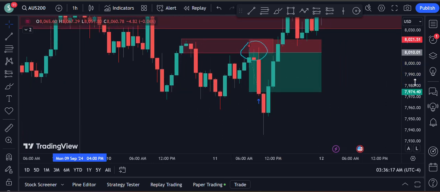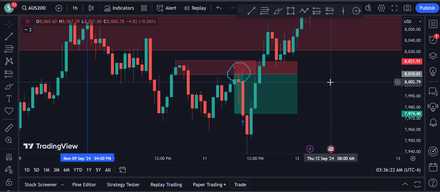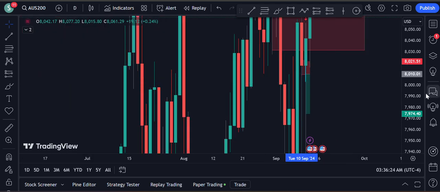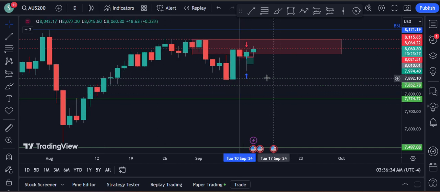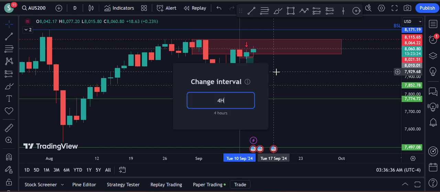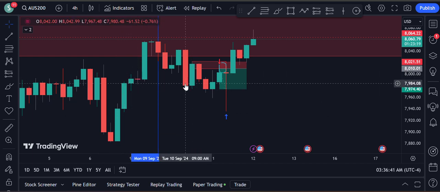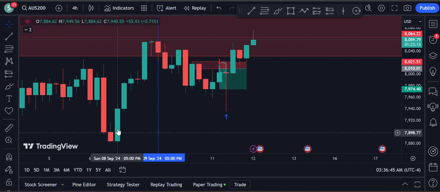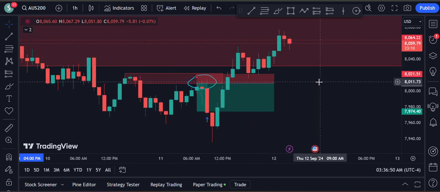Okay, so we've taken this trade, and I'll show you that it's not touching any higher time frame. See, the 1 day time frame is here, so it's not touching that. That's why I took the trade as a direct entry. Or even on 4 hour, the 4 hour time frame is there, which was already broken, and the next 4 hour time frame is here, and we're taking the trade on the 1 hour time frame.